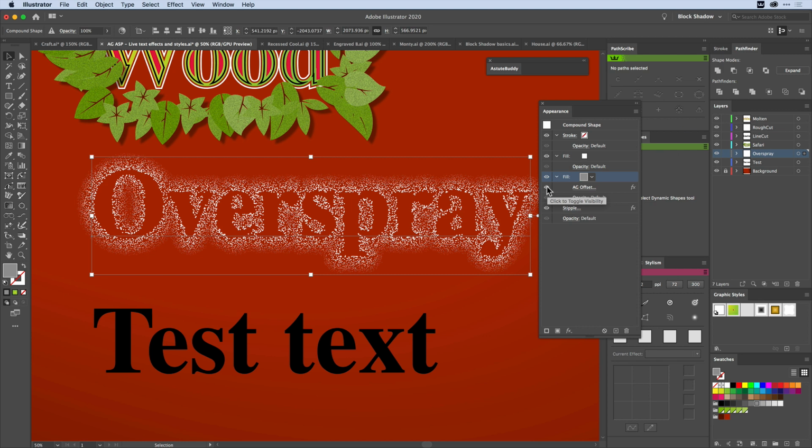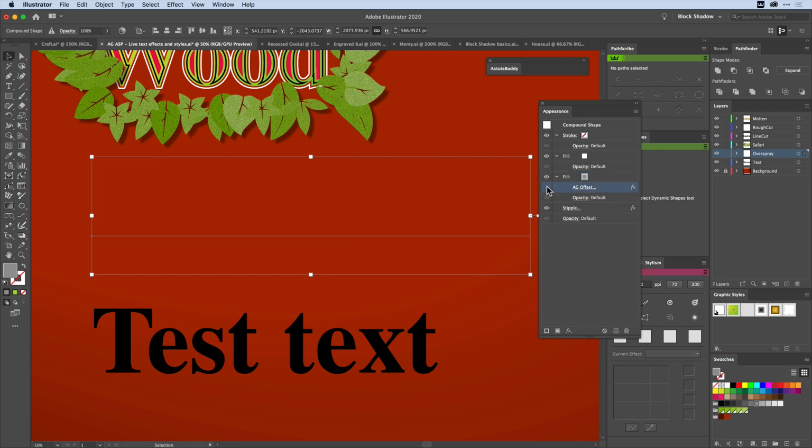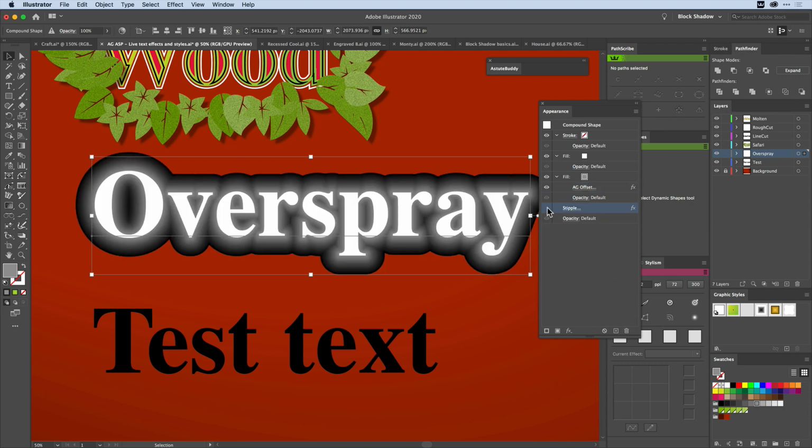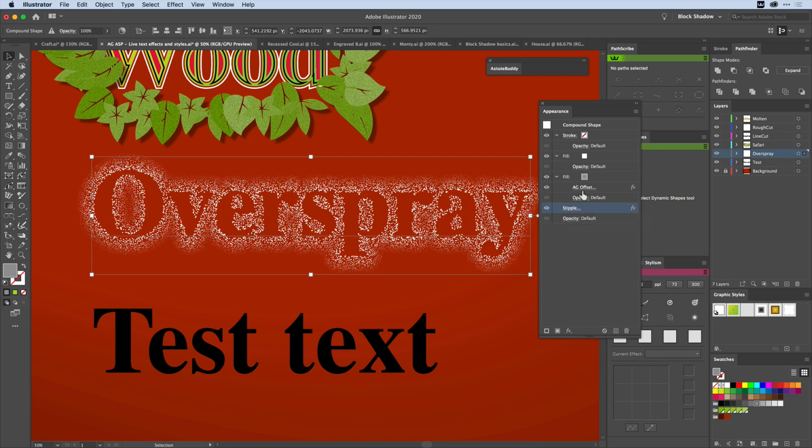If I turn off the AG offset one, what do I see? Well, nothing again. Okay, let's turn it back on again. Okay, I'm going to turn off the stipple effect. What do I see? Now I'm starting to understand how this is built up. This is actually the AG offset that we demoed last week being applied to that text, and then the stipple is being put on top of it. So the stacking order matters. So have a play with it. See what happens if I put that stipple effect into another one and add another fill. What happens? You can't destroy it. This is a lovely thing about it.